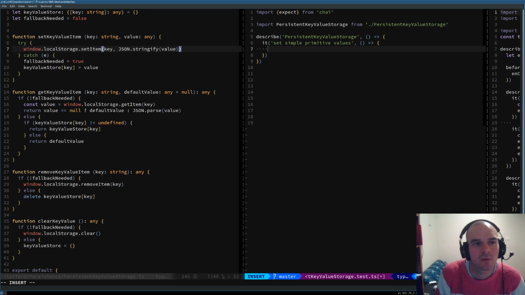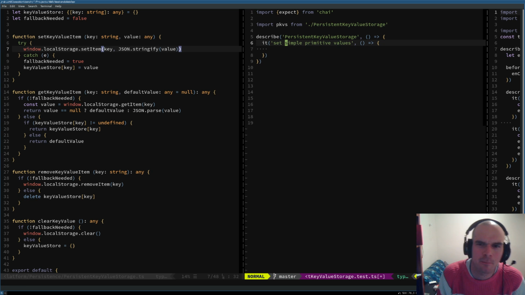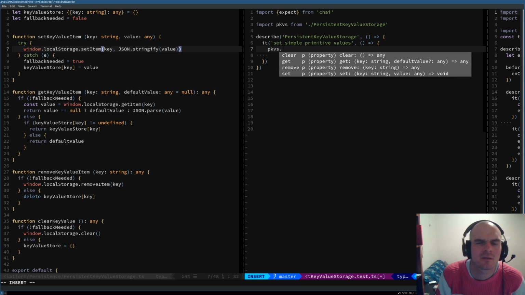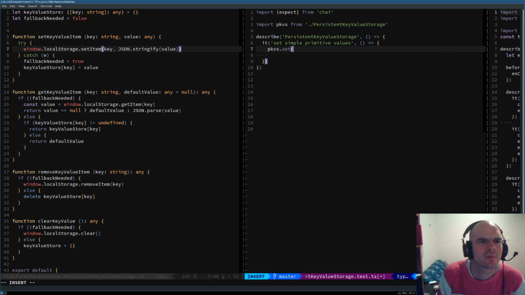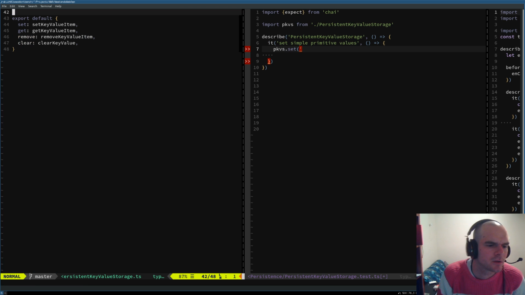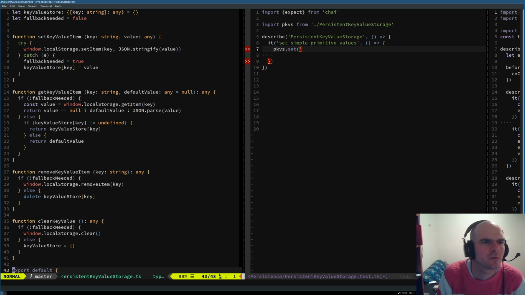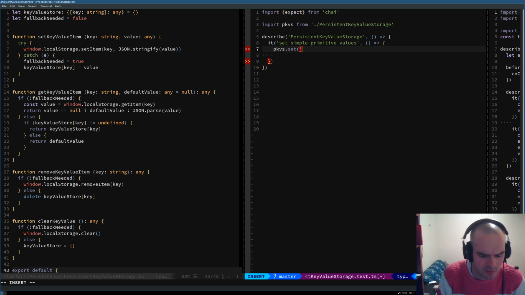So, for example, if we were going to set key value item, or rather, I might just shorten that actually, PKVS. That'll go well, won't it? So PKVS dot set, and then what would we do? So yeah, set, get, remove, and clear. So if we set, what are we setting? Let's just set something to the key of test1,